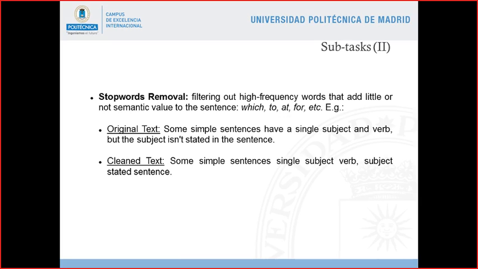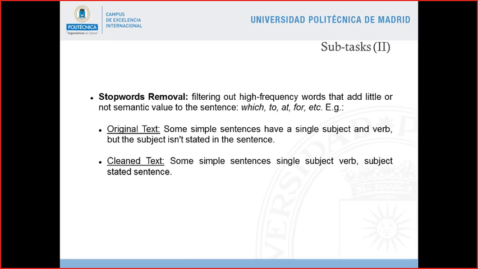For example, if you are going to perform a classification, to classify a sentence, for example, whether the person is a smoker or non-smoker, for this kind of task it's a good choice to remove the stop words, because they don't add semantic value to the sentence. But if you are going to create a new text from the input text,